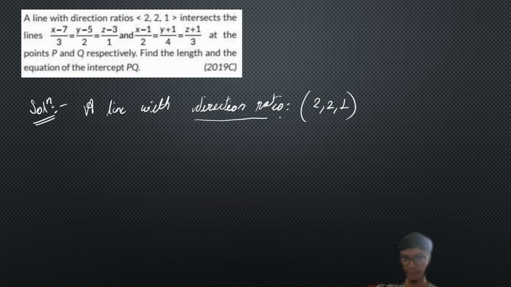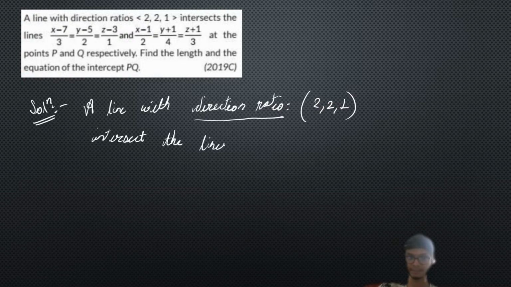That's the direction ratio of the line, and I don't have any information about any point of the line. That's why I cannot write the equation of the line, but I have information only about the direction ratios. And it is said that this line intersects the lines